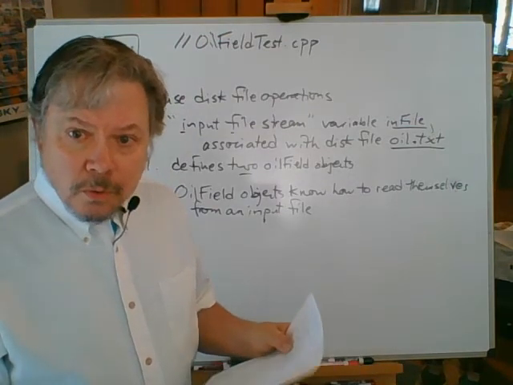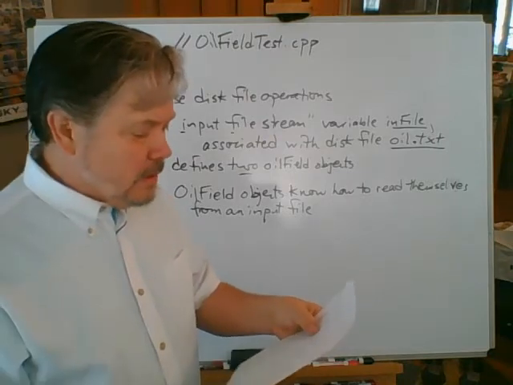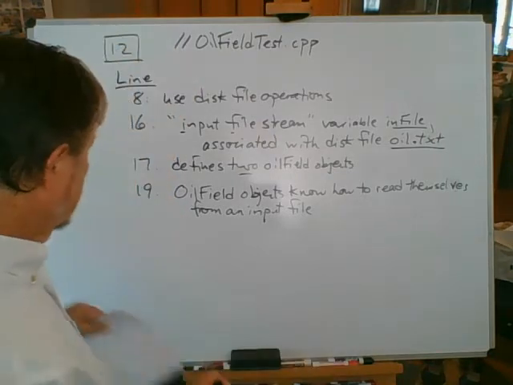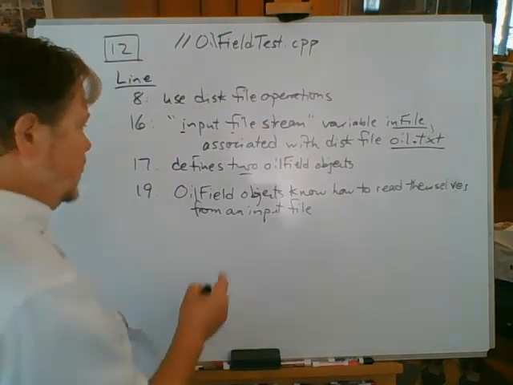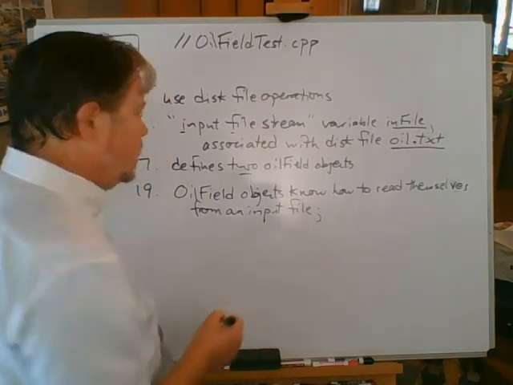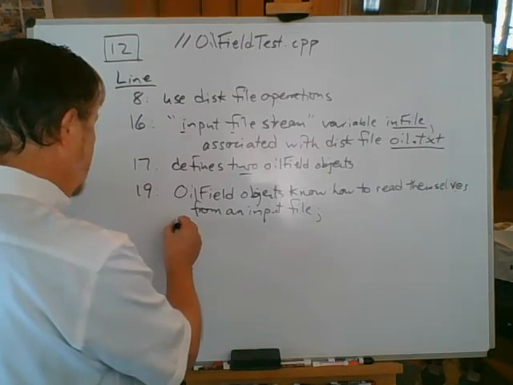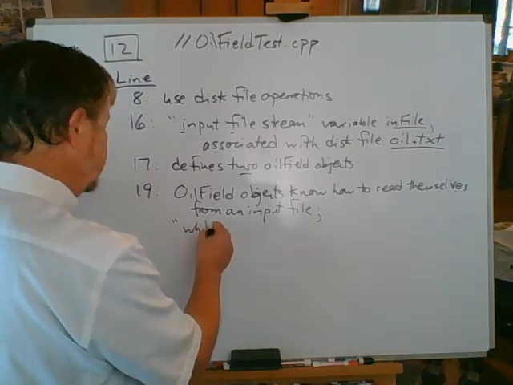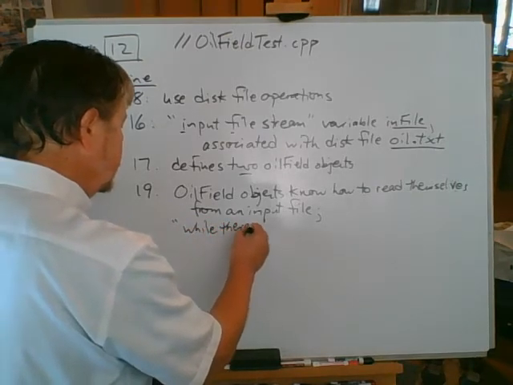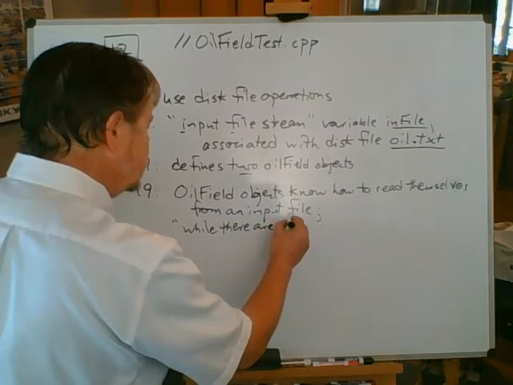There was no more region for me to read, and that's what that while loop is testing. So line 19, they know how to read themselves from the input file. That's part of line 19. What it's actually doing is keeping going. The while loop is while there are still regions to read,